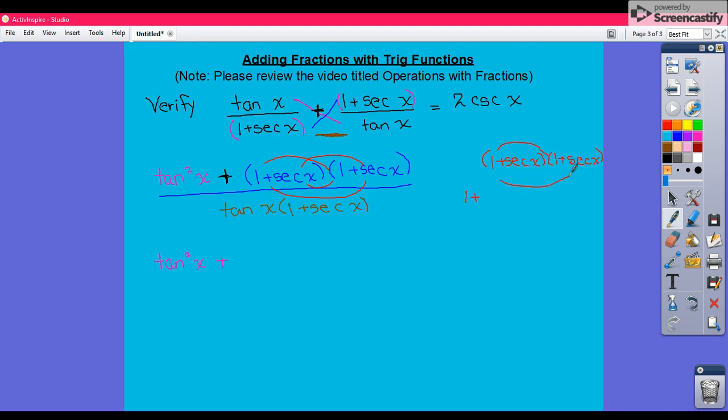You have 1 plus secant plus secant plus secant squared, which after combining the two like terms, outer and inner, it will give you 1 plus 2 secant plus secant squared. So all I did in the line beforehand was just add these two together. The secant plus secant would give me 2 secant. Over, I'm just going to keep bringing the denominator down, which will be tangent